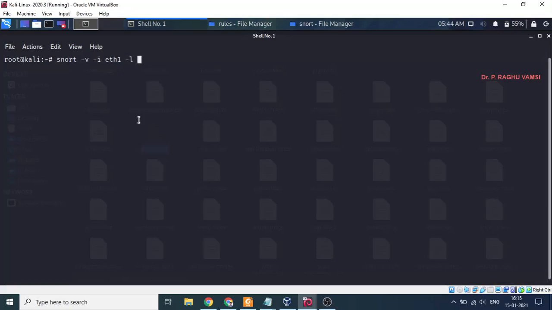-l is for the log, where the log is available, /var/log/snort. And the other thing we need to give is the configuration. The configuration is available in /etc/snort/snort.conf.